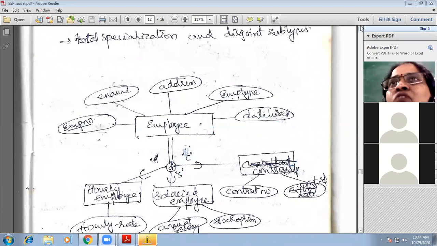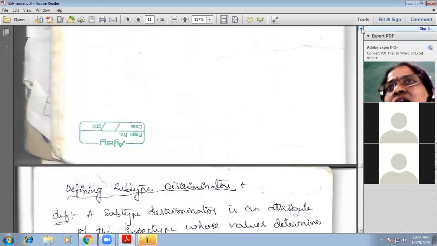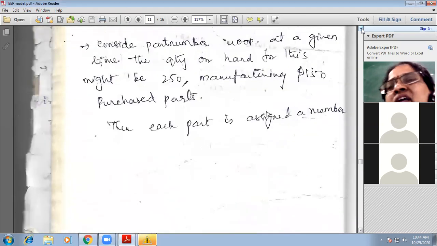Okay, understood? What did we learn in supertype subtype hierarchies? It is an enhanced ER model where we represent data in a supertype subtype hierarchy based on the values in the attribute. Here we learned how to construct the hierarchy using the generalization rule and using the specialization rule, and how to specify constraints on these hierarchies. Okay, did you understand? Any doubts?